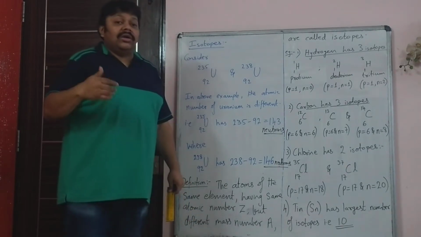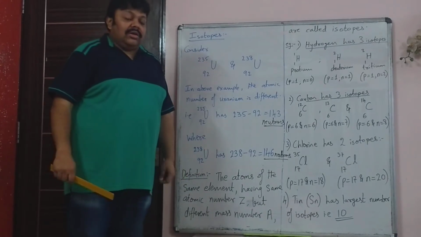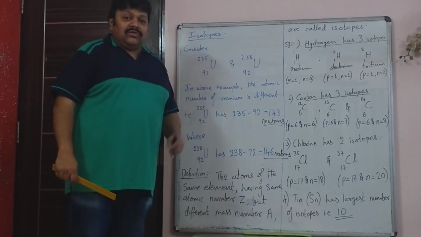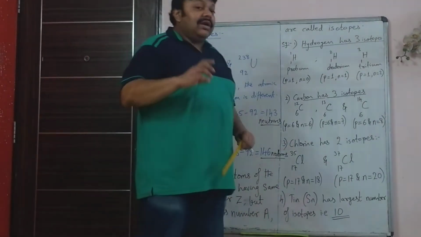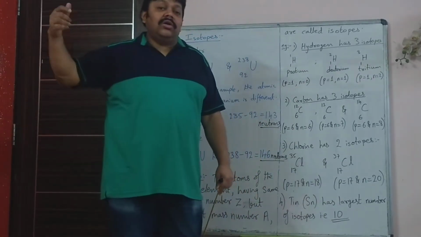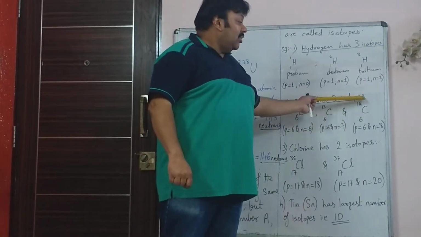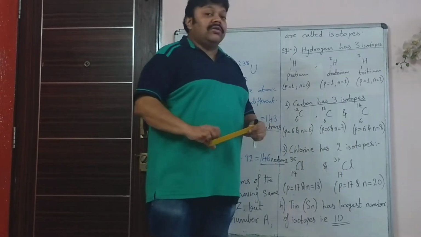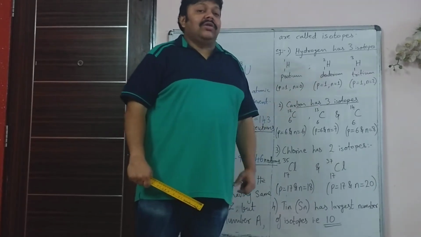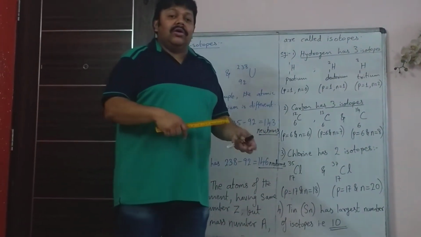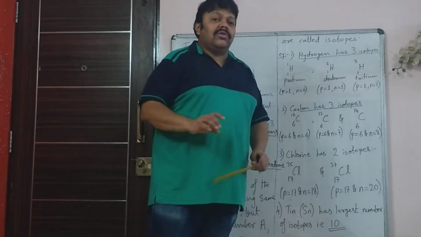Carbon dating is the method and technique used to find the age of fossils. Like you read in the newspaper that a fossil of a dinosaur was found, which may be 10 lakh years old or a million years old. So how do they know whether it is 5,000 years old or 50,000 years old or 1 lakh years old or 10 lakh years old? By seeing how much carbon-14, that is the radioisotope of carbon, is present in the specimen which they have discovered. You and I, all of us have carbon-14. The plants have carbon-14. Some radioisotope of carbon is there in our body.